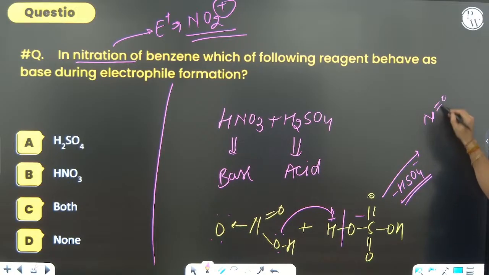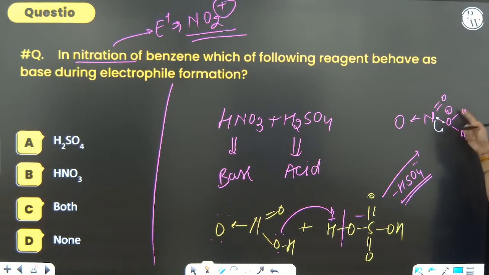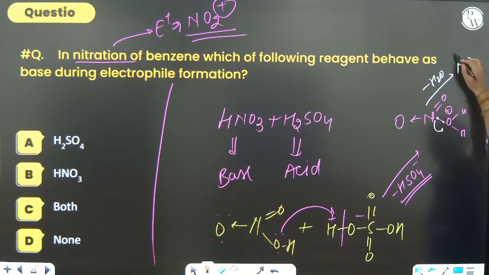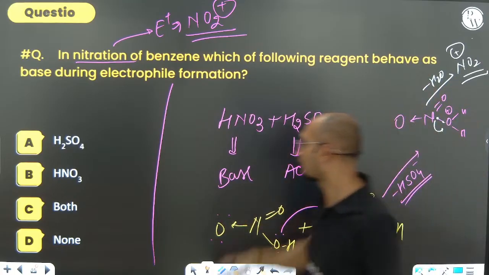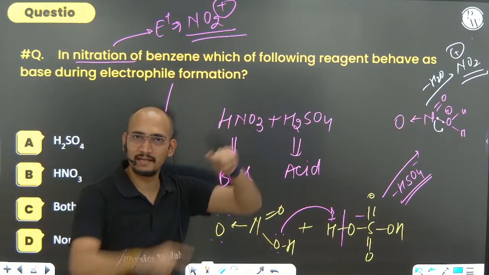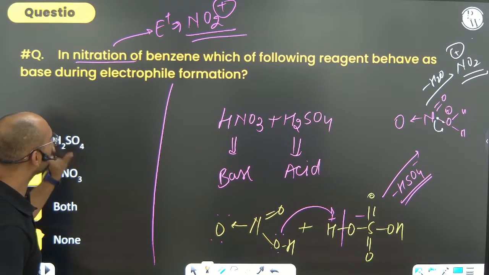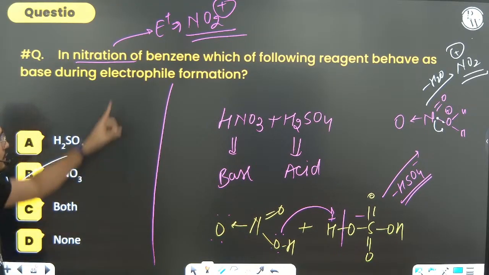And along with that, what is formed? N double bond O H, O gets a positive charge, and O. Can you see what happened here? Here NO is there. So this will be given to oxygen, because oxygen is more electronegative, and a positive charge on it is not a good thing. What will happen? The H2O will be removed, and nitrogen here gets NO2 plus. This is the nitronium ion that will be formed in the whole reaction, and this will attack the benzene ring because there are delocalized pi electrons. So come here and look. H2SO4 is acting as acid, HNO3 is acting as base, because the question is asking for the base.